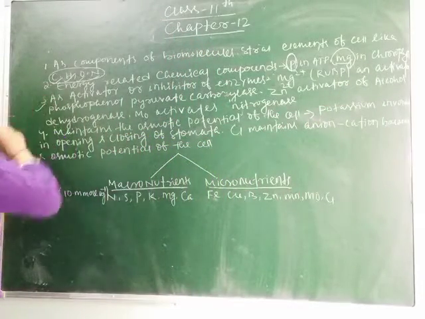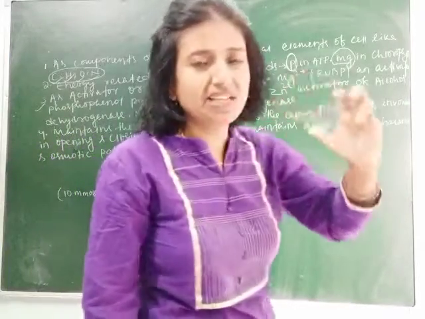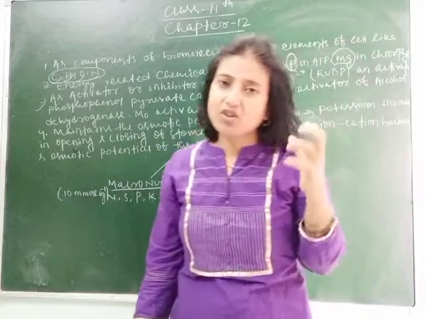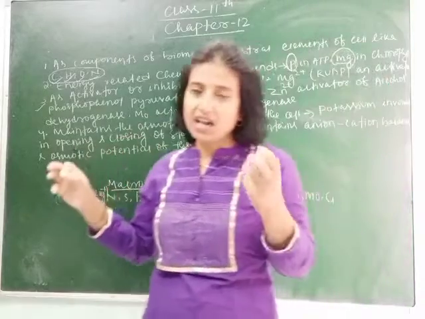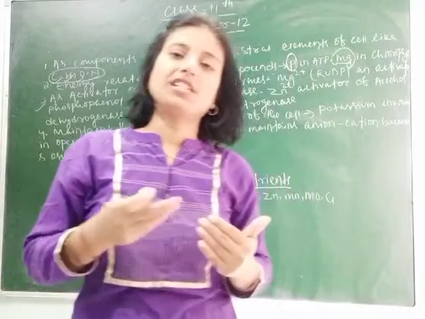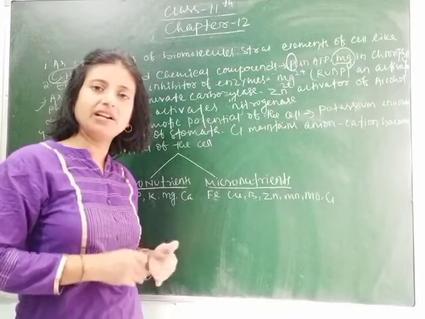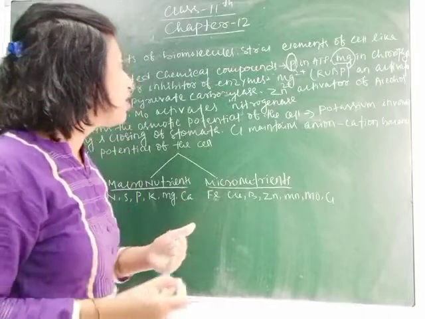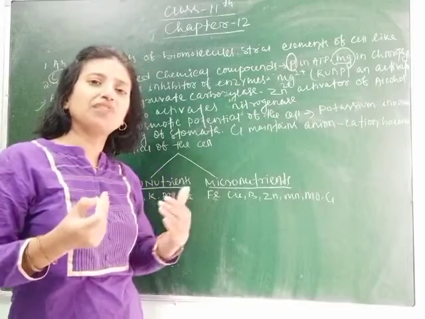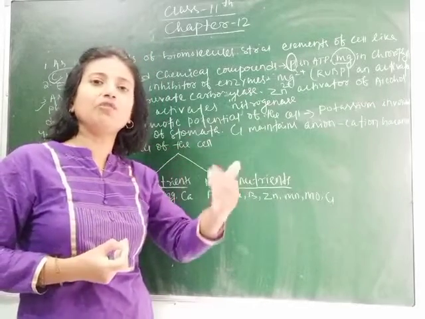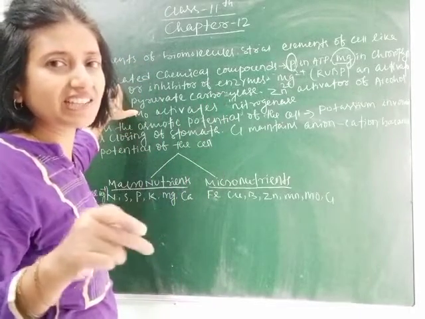The third criterion is as activator or inhibitor of enzymes, meaning mineral nutrients or minerals are also required by the plant as activators and inhibitors of enzymes. As you know, plants secrete or synthesize different types of hormones like auxin, gibberellin, cytokinin, ethylene and abscisic acid. So for the synthesis of these, whether the synthesis should be continued or should be stopped is controlled by the intake of these minerals by the plant.